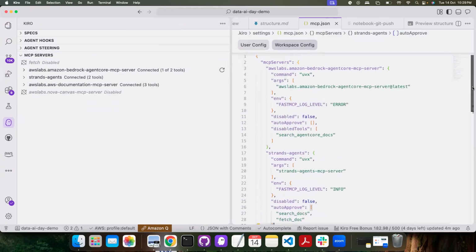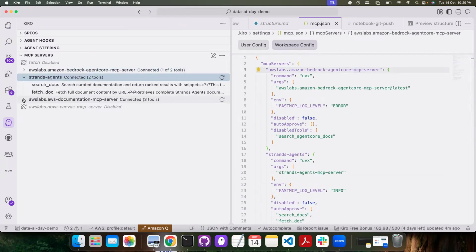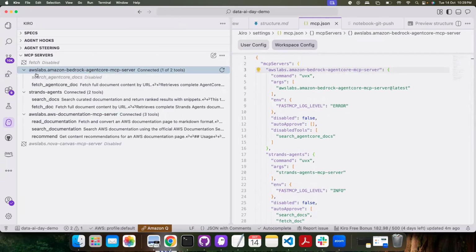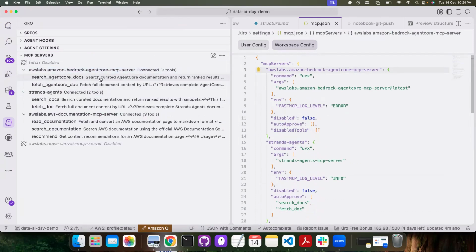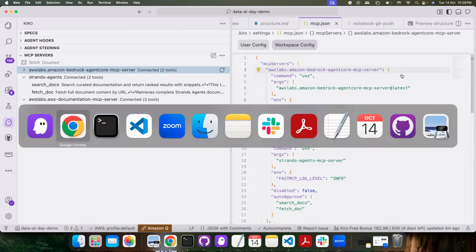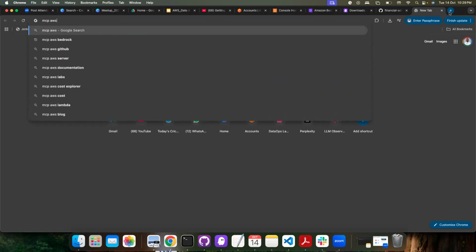And this is a list of MCP servers you can add. You can add an MCP server. I added 3 MCP servers: Strands agent, AWS documentation, as well as Bedrock AgentCore. If I click on it, it will automatically enable. Let me show you guys how we can quickly add. Let me go to the MCP AWS